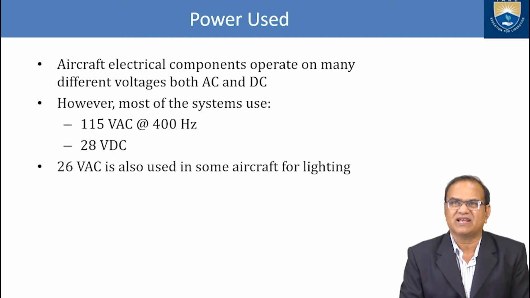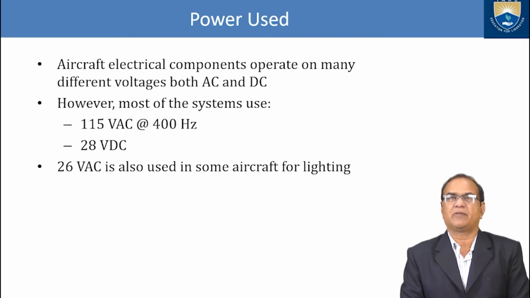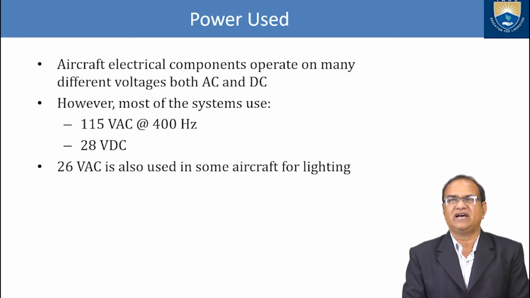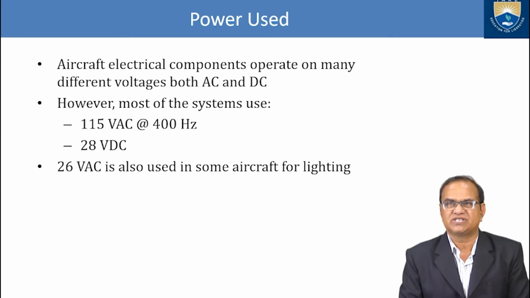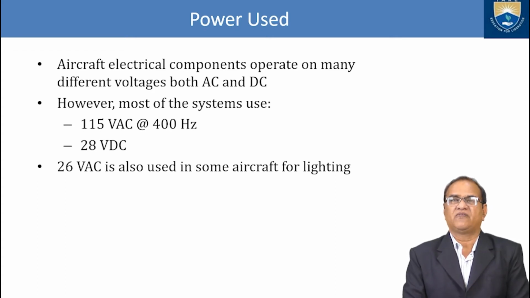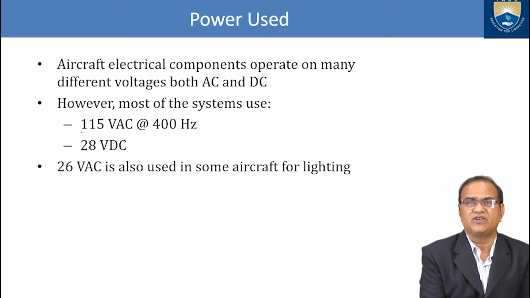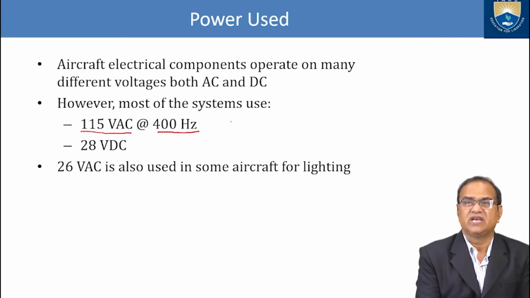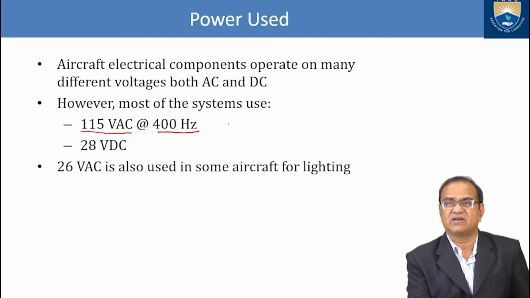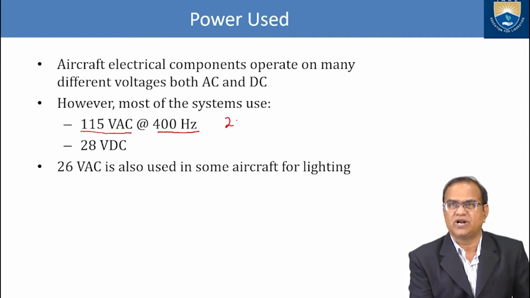Aircraft electrical components operate on many different voltages, both alternating current and direct current. However, most of the systems use 115 volt AC at 400 hertz. So in aircraft we use this much volt and this much hertz. In our households, we have 220 volt,